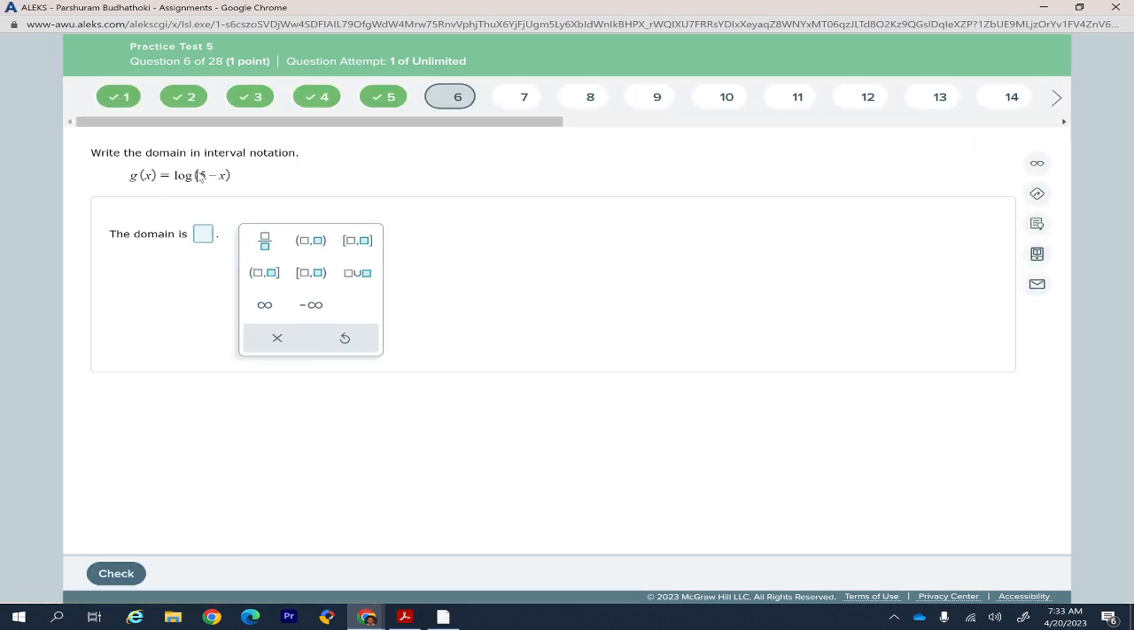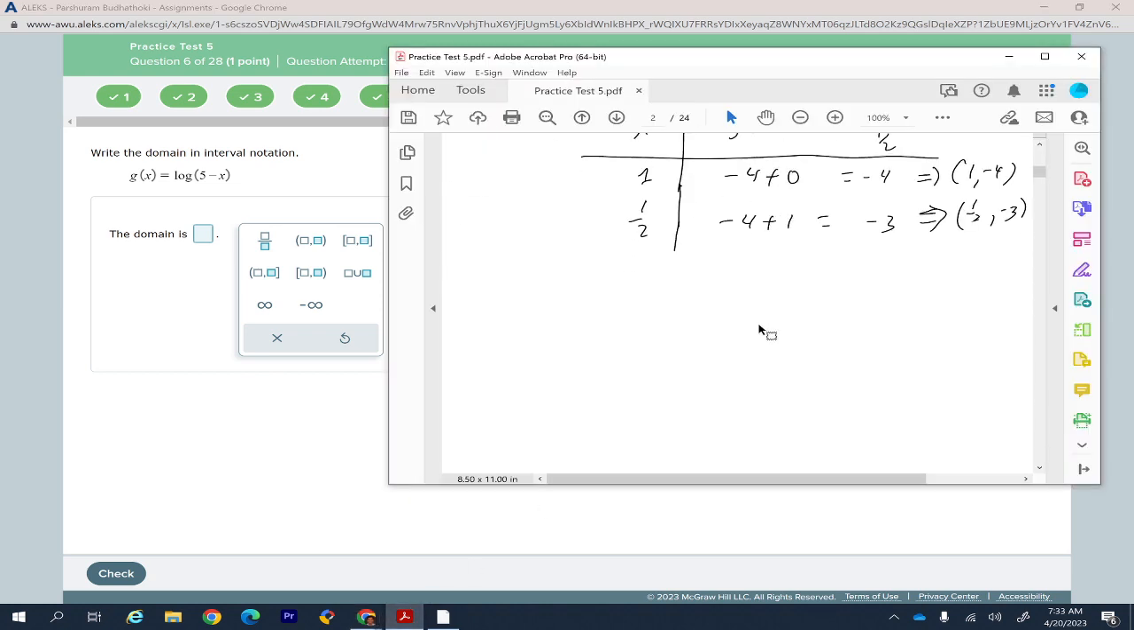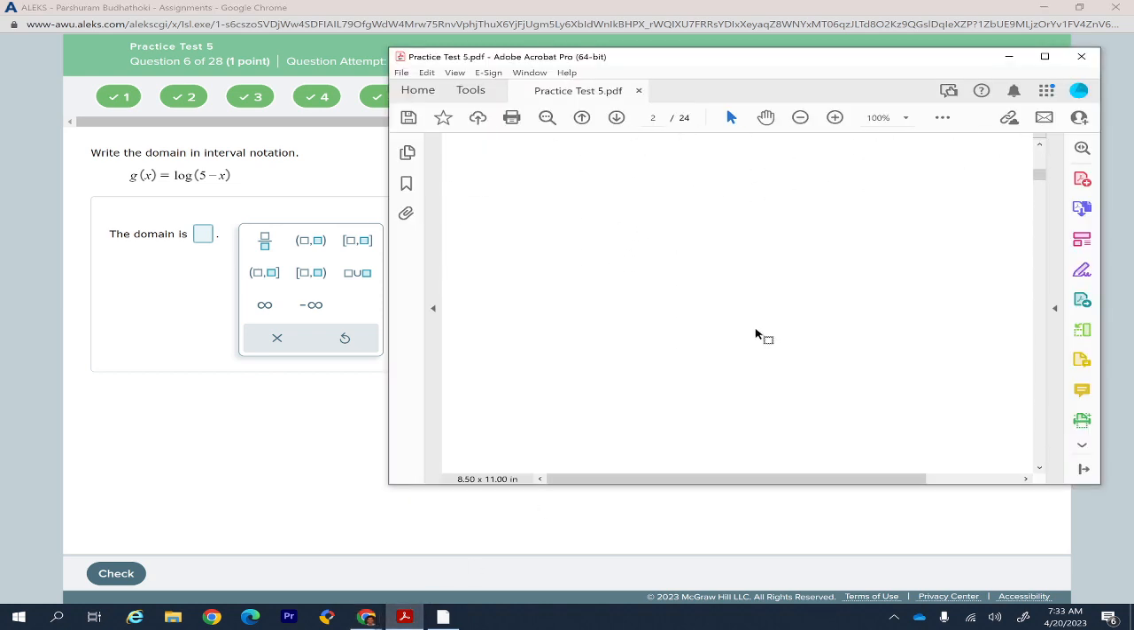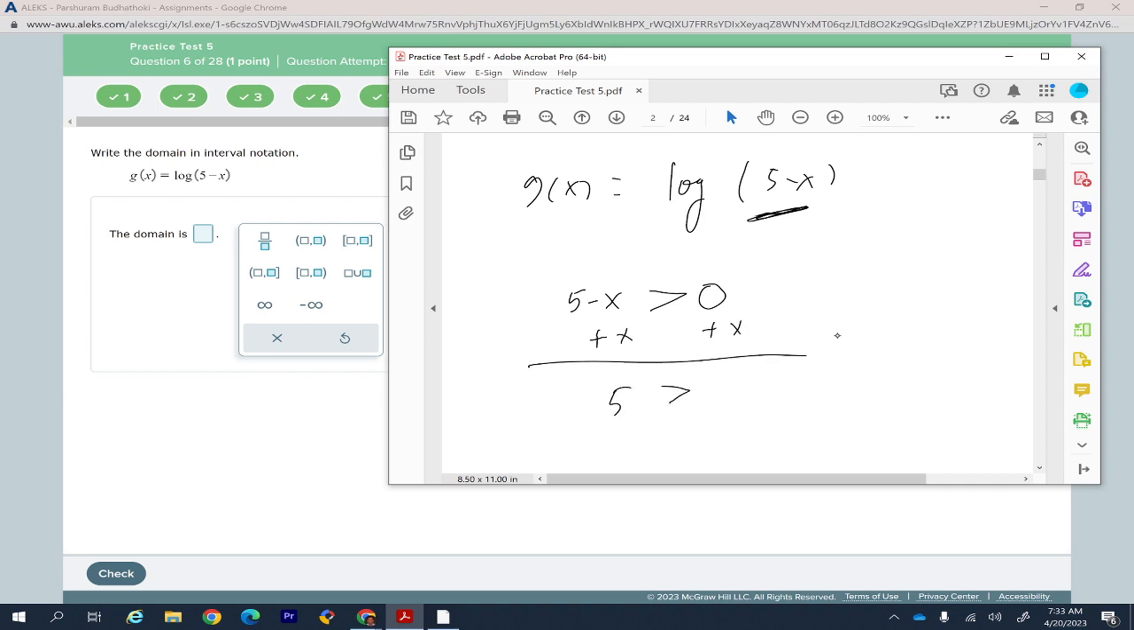Okay, in this case the domain of the function. Remember, always for the domain of the log function, whatever function you have, like log of 5 minus x, whatever comes inside this parenthesis, to find the domain of the log function you have to make that greater than 0, because the domain of the log function should always be positive. Now you have to solve this inequality. So if I just add x to both sides, that gives me 5 is greater than x, meaning the domain of this function is